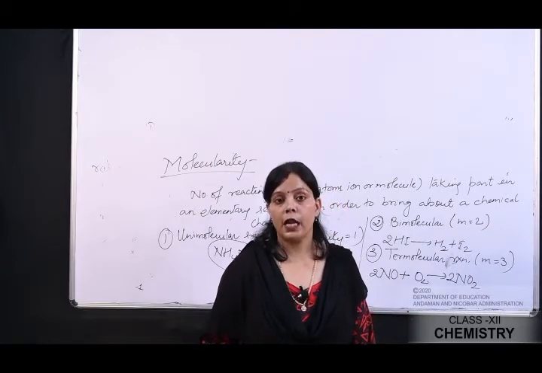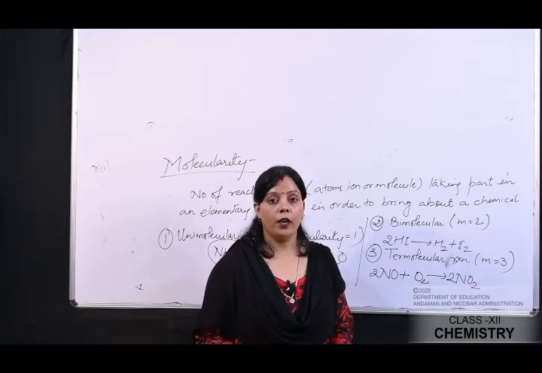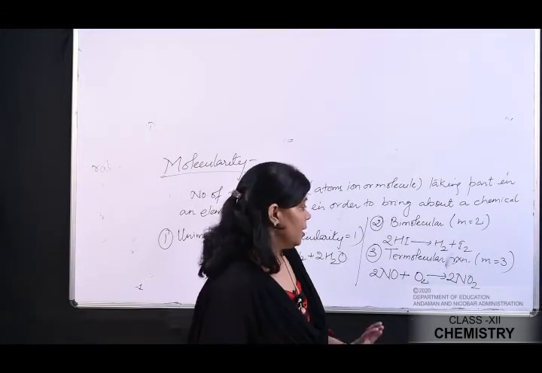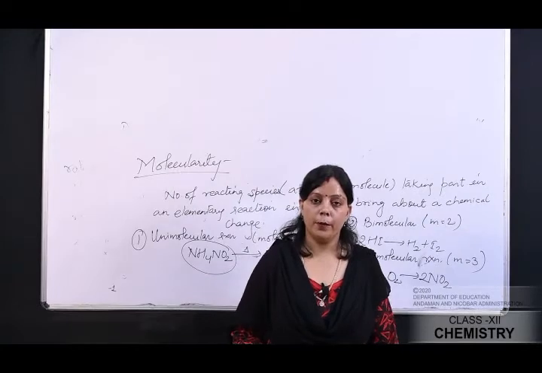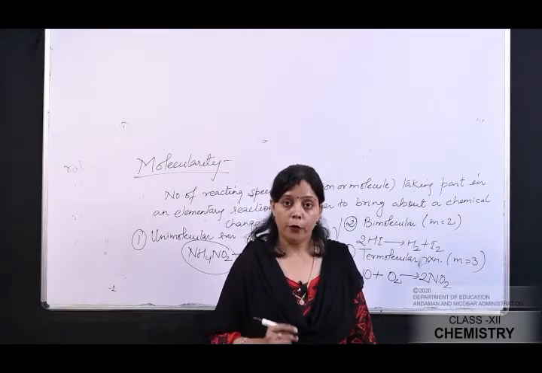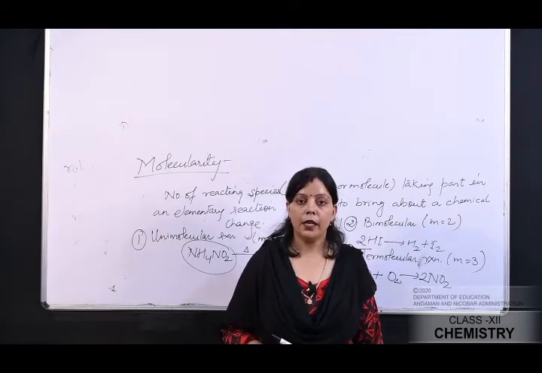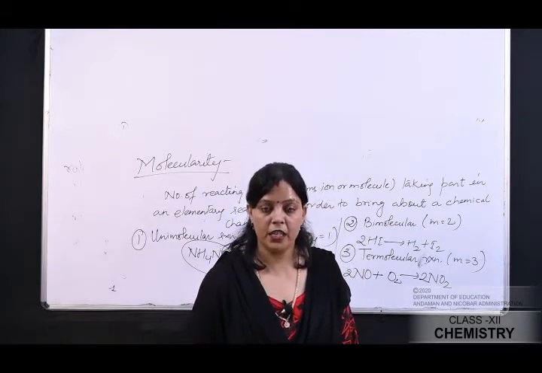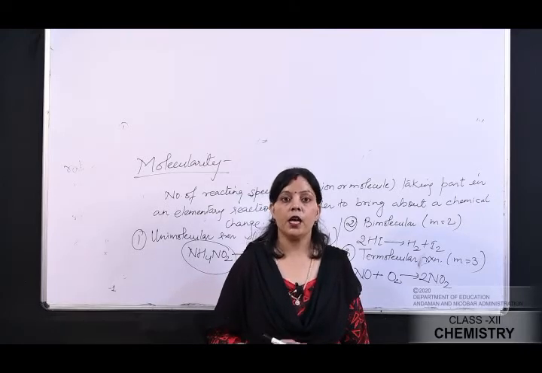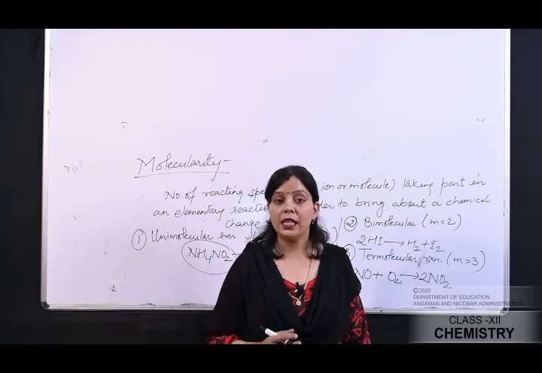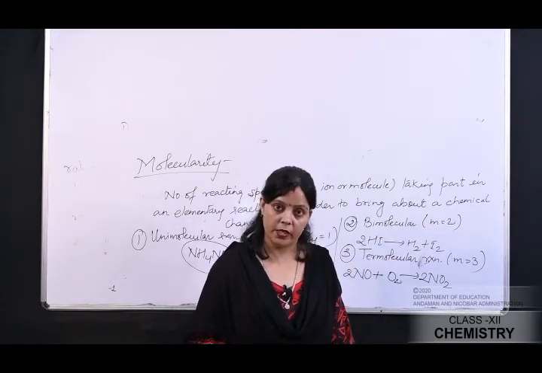because the chance of simultaneous collision between 4 or more reacting species is rare, or it is generally impossible to see the simultaneous collision between 4 or more reacting species. In a large number of chemical reactions, 4 or more reacting species are present in a balanced chemical equation, and since the simultaneous collision between 4 or more reacting species is impossible, in such cases these reactions proceed in a sequence of steps. So these reactions are also named complex reactions, and each step is named an elementary step.